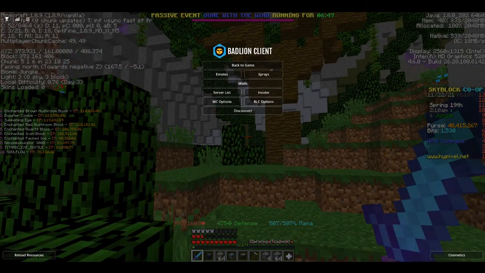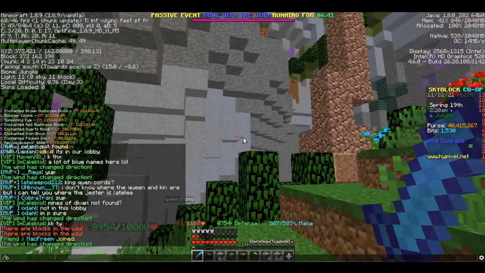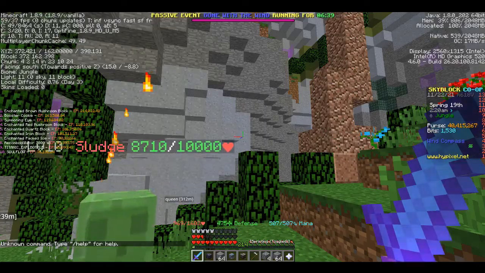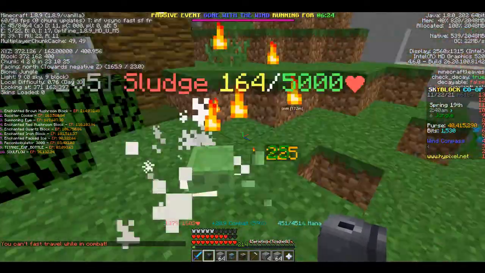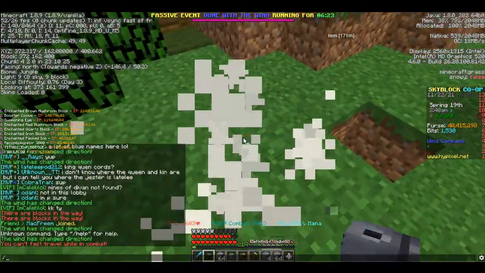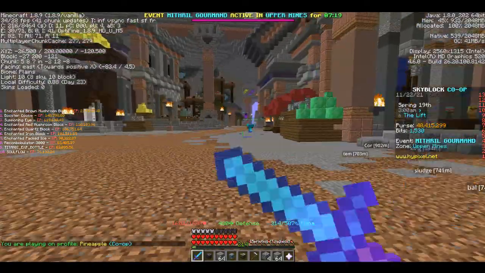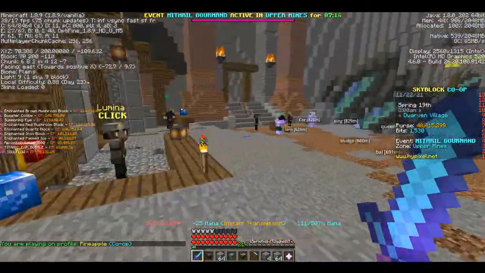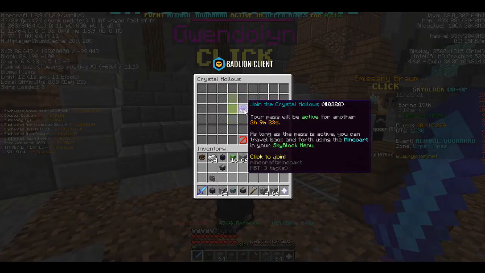Hi guys, this is a Crystal Hollows guide. Basically, we're just going to do a basic run through of quick Crystal Hollows. Start from the beginning. So first of all, you have to have Heart of the Mountain 3 to actually enter Crystal Hollows. So you basically go straight, talk to Gwendolyn, put you in a minecart,